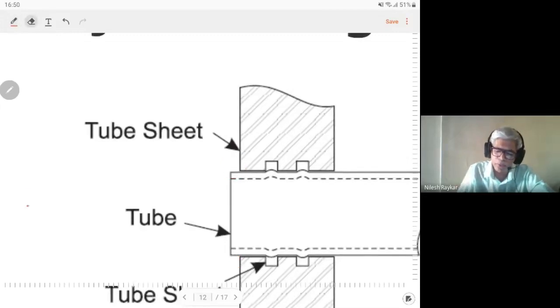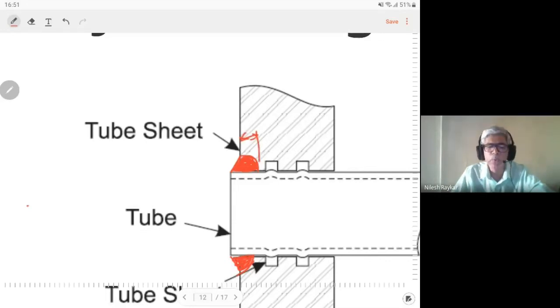If you require still more strength, then you do what is known as strength weld. In the strength weld, you initially make a groove inside the tube sheet, and then this entire groove as well as the top fillet form the tube to tube sheet joint. This gives you further strength, and based on the depth of this groove, the strength of this joint can be controlled. That involves some design calculations which are outside this particular course.